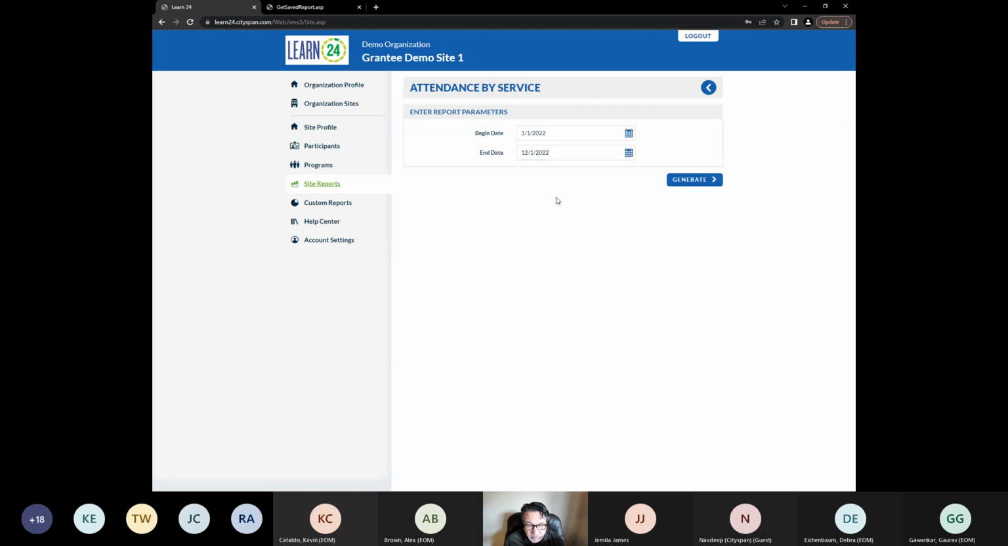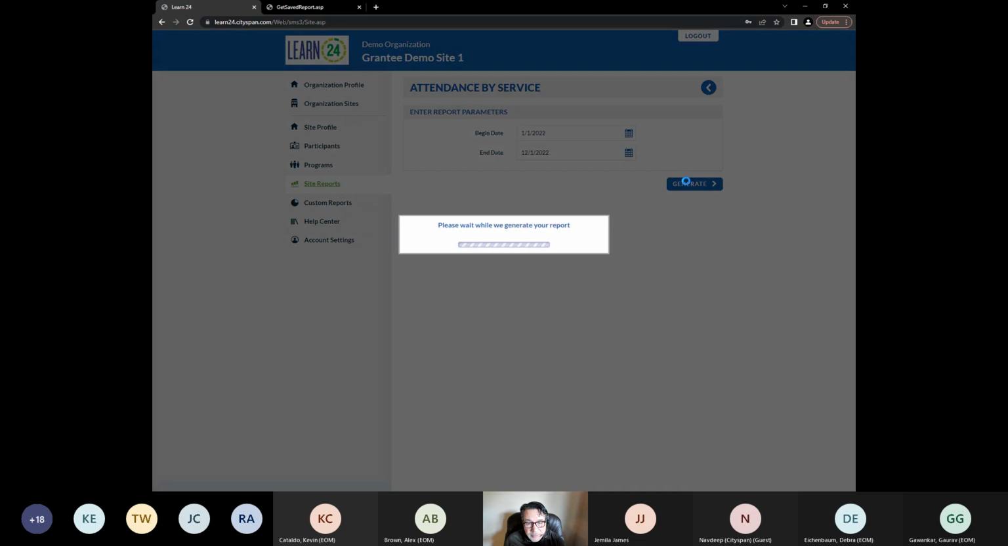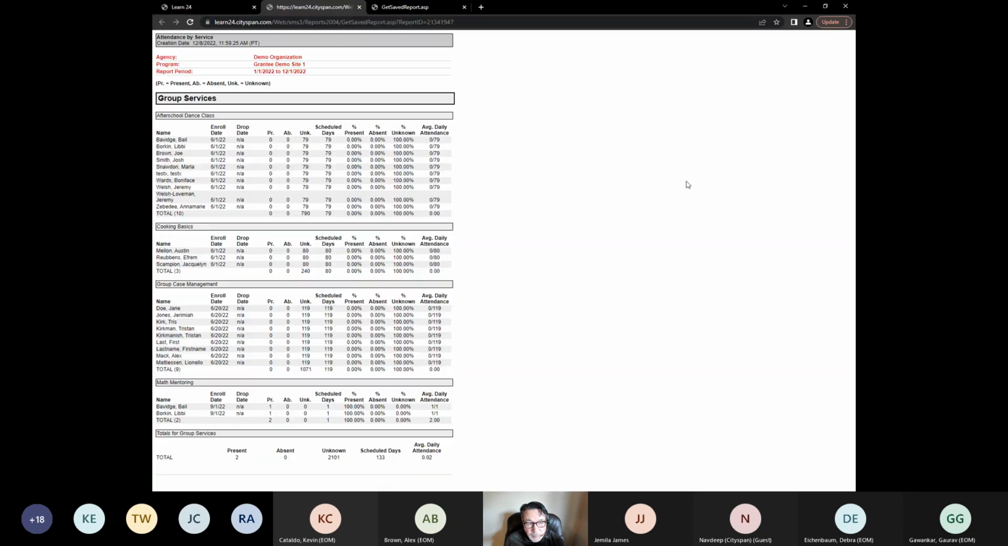It's basically saying give me all of the services that I ran during this time range and tell me who was enrolled and what the attendance patterns look like. So if I hit generate here, you can see, I think, Navdeep, can you see this or no? I got to switch. Yes, I'm seeing the report. Okay,